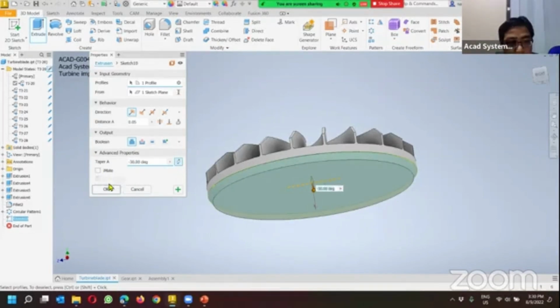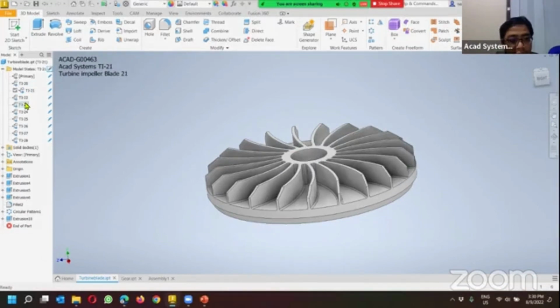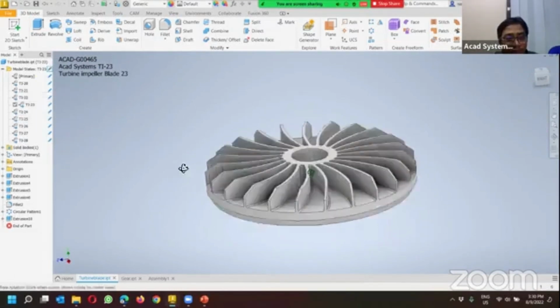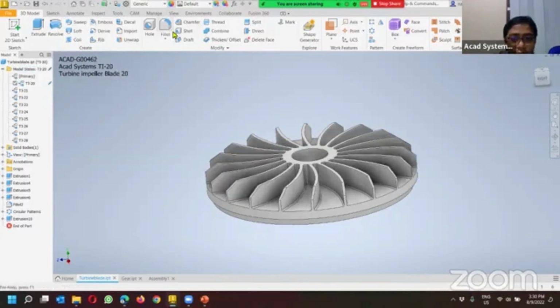Now you can see number 2 also has that, T23 also has this version that I created. If I want to turn that off, just simply click and it will only edit this version. Now, let's say I would like to have a fillet, so on 21 I can add some fillets. Let's say I don't want 21, I want 20 with fillet, so I can just create another copy,